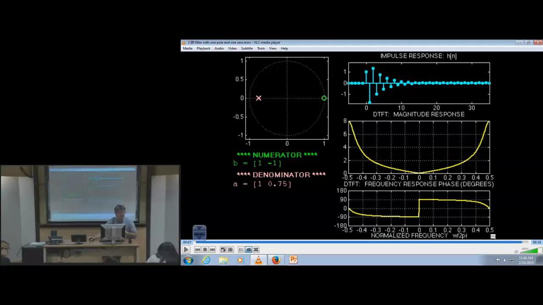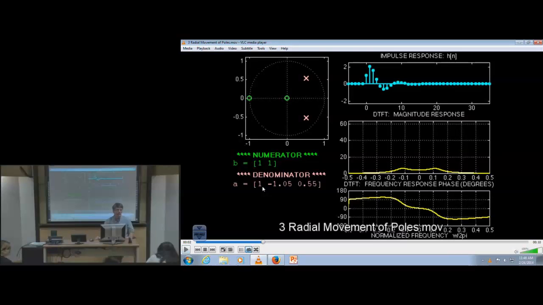I was just going to ask, what if we add 2 more poles on the left side of the unit circle? Would that increase the pass band essentially? Good question. So if we now have 2 poles, you'll notice that right now it's not too interesting. It looks like a kind of wide low-pass filter. If we let those poles get closer to the unit circle, as they get to the unit circle, the response